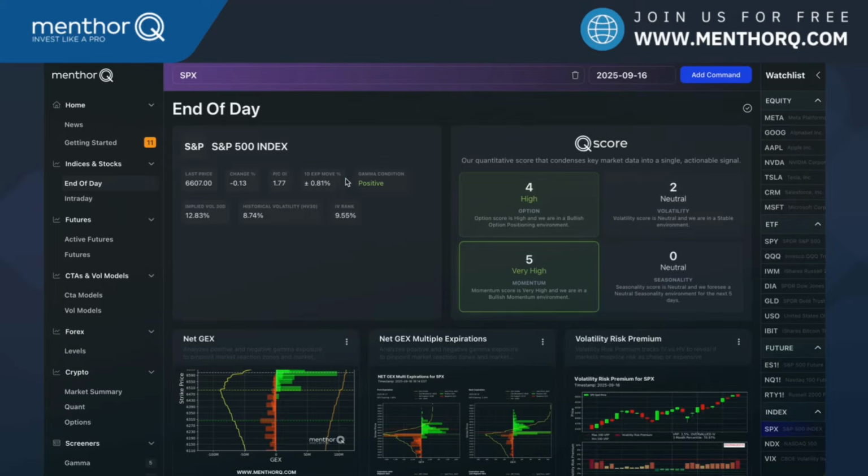So the first step is looking at my gamma condition. So we mentioned that in positive gamma, typically volatility tends to be lower. In a negative gamma environment, typically volatility tends to be higher. So if I'm trading ES, I want to also make sure that SPX and SPY or QQQ and NDX are confirming the picture. So we see our gamma condition here. We can look at implied volatility versus historical volatility. So we can see that even though implied volatility is higher than historical, we're still in a very low IV rank. So volatility has been very low on the asset.